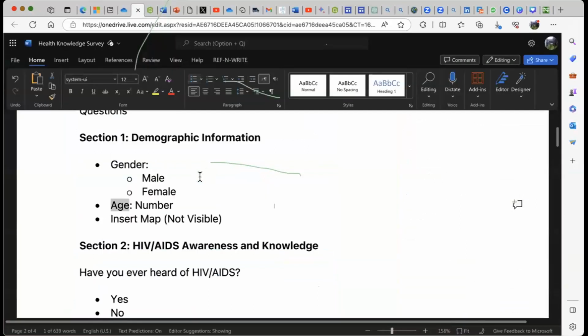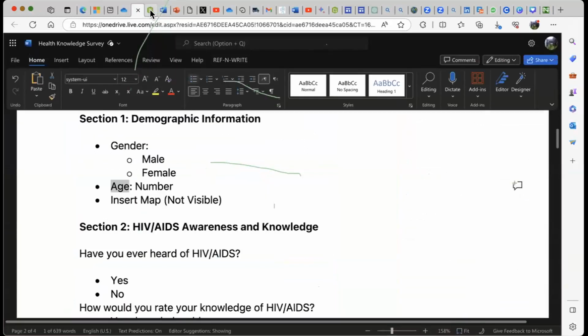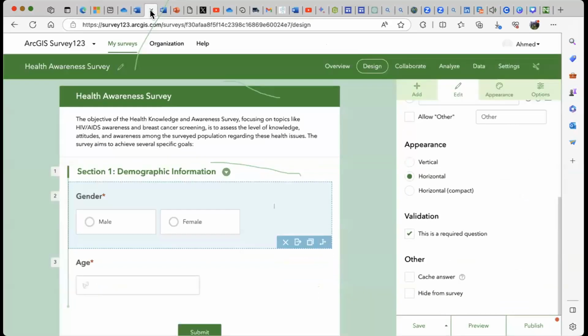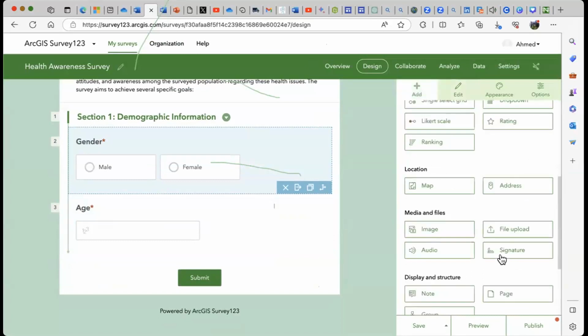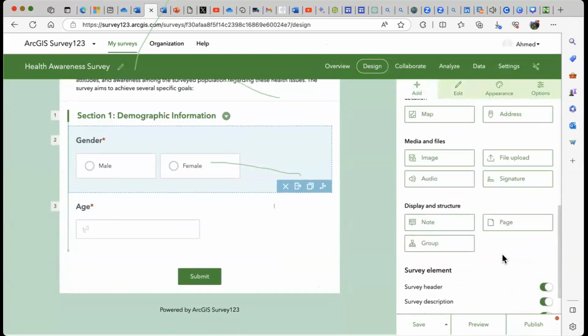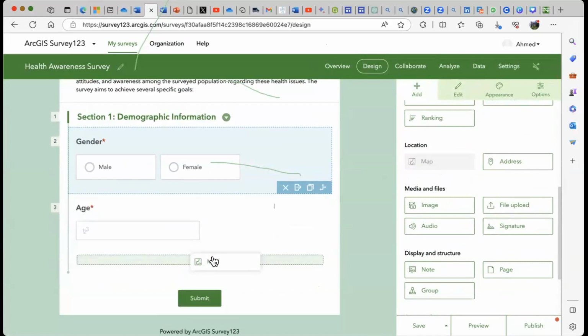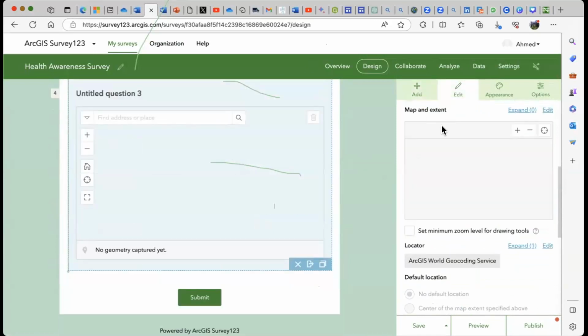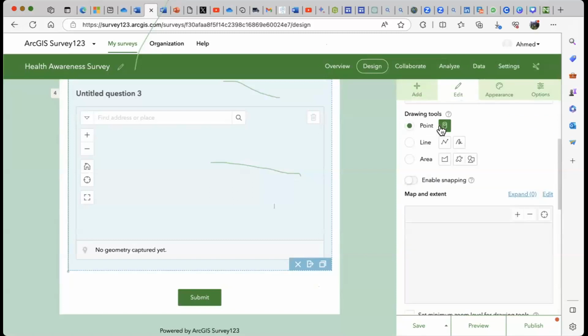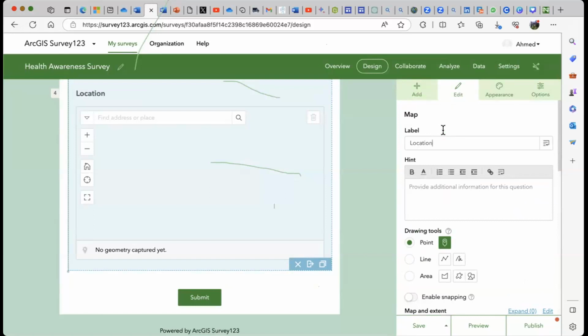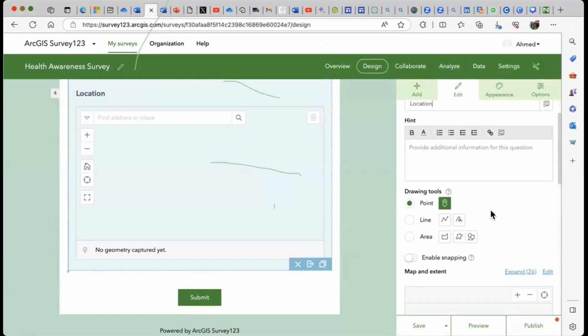So let's move quickly. Okay, so I want to pick the location. Okay, to pick the location, I mean, start a map. So, location. Remember, I told us this is a location-based tool. So it could be a point, it could be a line.